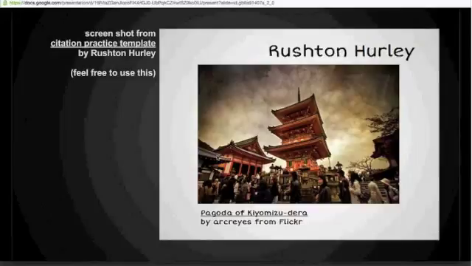Now the second slide would just be why one chose that particular image. So you can imagine starting the school year where you're trying to get to know your students, and you have them do an activity where they find a Creative Commons licensed image and tell why they chose it.